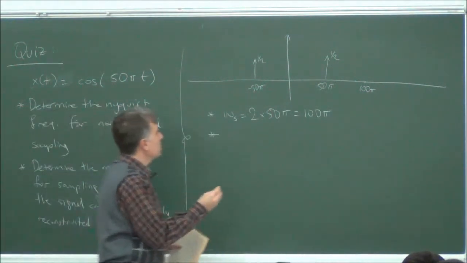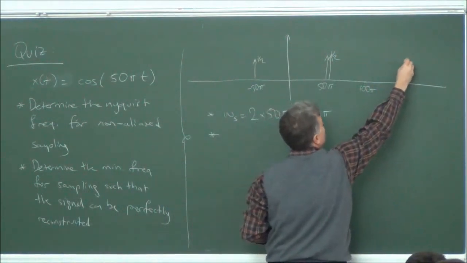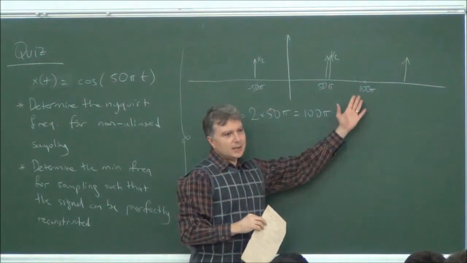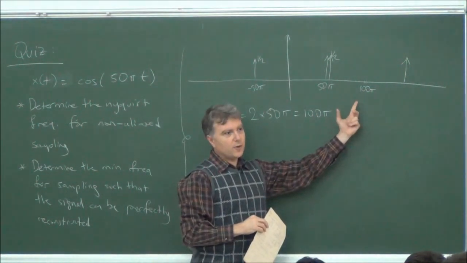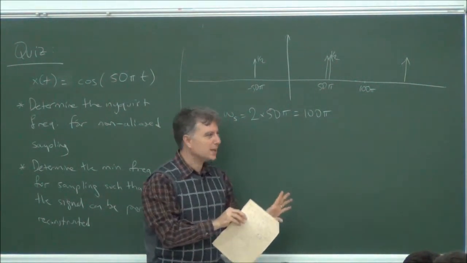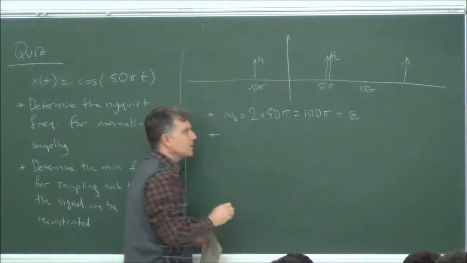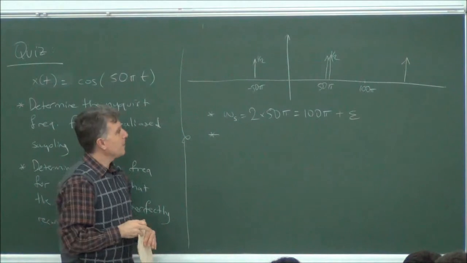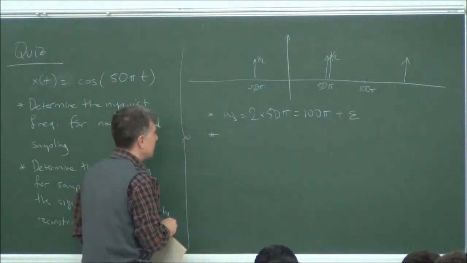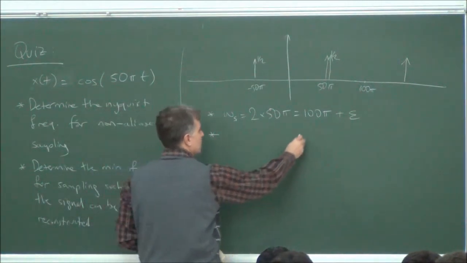Let me use this green, but it looks bright anyway. These two impulses like this, for instance. It must be marginally or slightly larger than 100 pi, of course, because otherwise these two impulses will completely overlap. We don't want that. So let's indicate it like this, for example, 100 pi plus epsilon sort of thing. But it doesn't matter. You could equally say 100 pi. That's the correct answer. But this is quite unnecessary because, as you see,